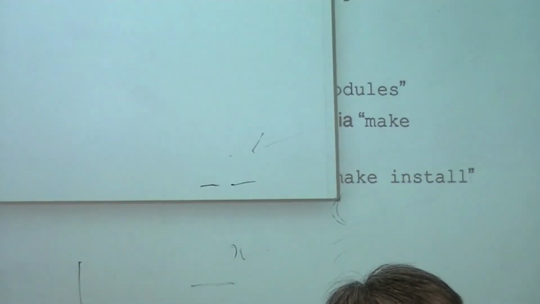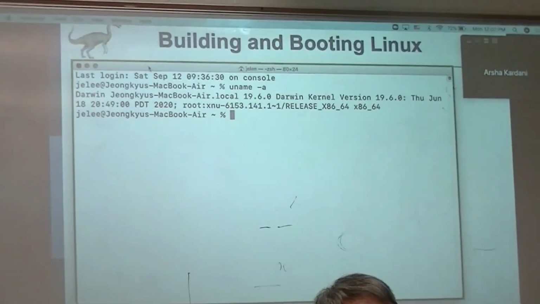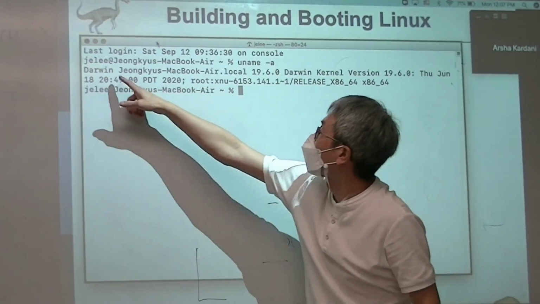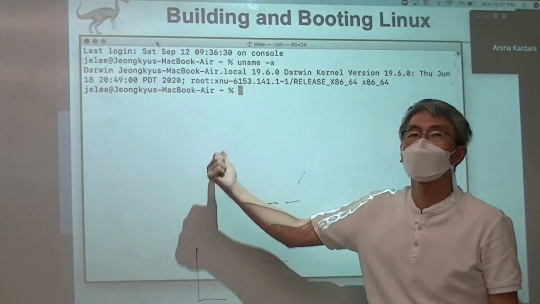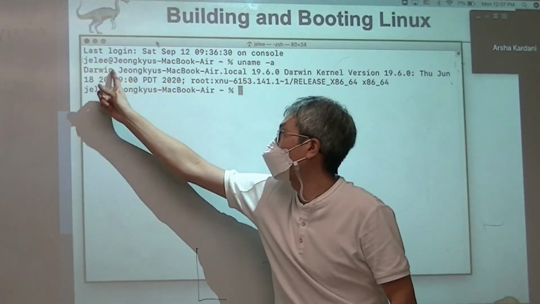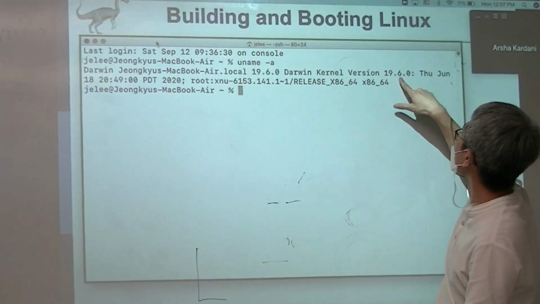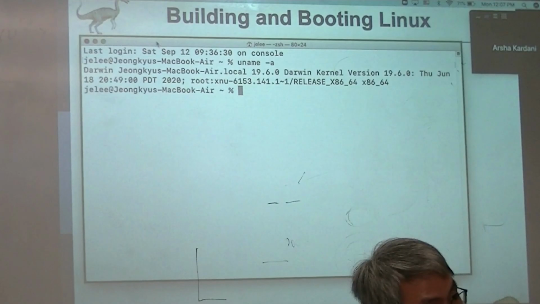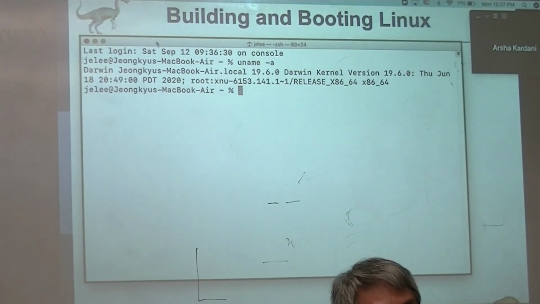Okay. So like this one, you can see Darwin is the common name. So the operating system name is Darwin, then some more, Darwin kernel version 19.6.0 like that. If we are using Linux, we will see the same example of the command uname -a.